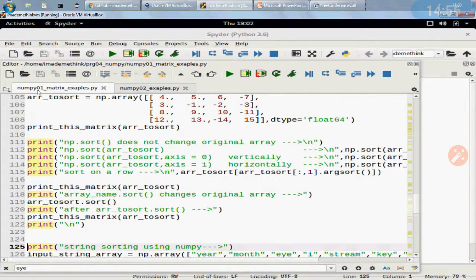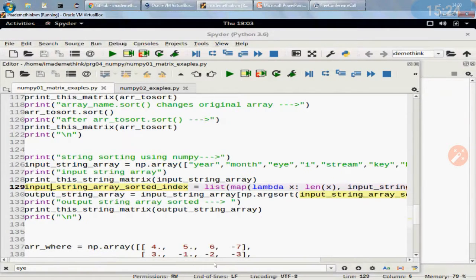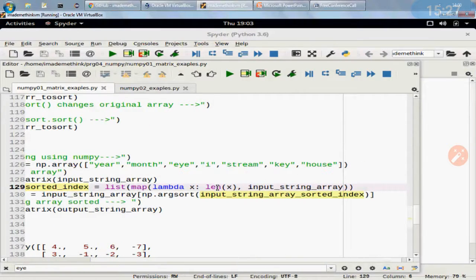String sorting using the numpy module. So let us say I have this input string array with these particular string elements. Now if I want to sort this array, because it is a string array, what I need to do is create a list, the input string array sorted index. I need to get the indexes of all the elements, so I can sort it. I want to sort it based on the length of each element. So this is the formula. First, using this formula I need to get the list of indexes based on the length, and store that index here, and then